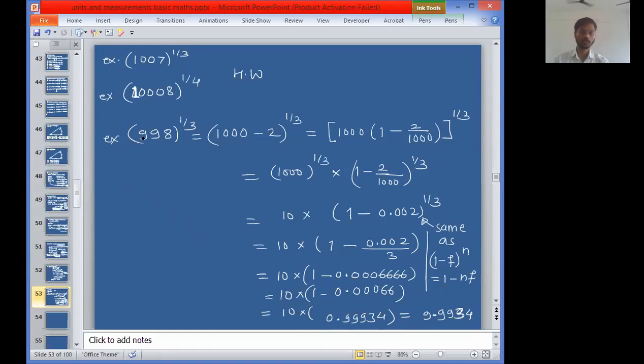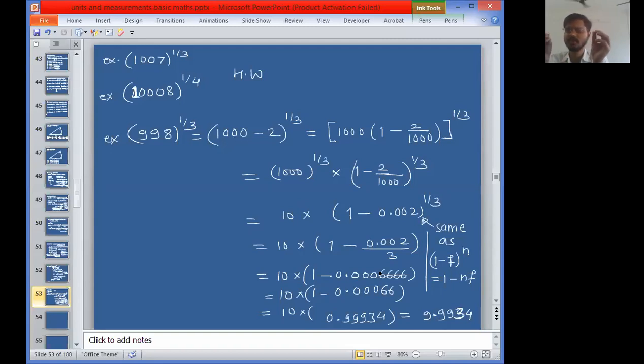Now you are able to find out the cube root of 998. Approximate answer. Of course, this is an approximate answer. The exact answer will be given by the calculator. But now we can do it. We have some tricks. Tell me, are the things taught in today's lecture clear to all of you? And one interesting thing that we learned at the end of the lecture. Enjoyed? Now you can do some tricky calculations as well, right?